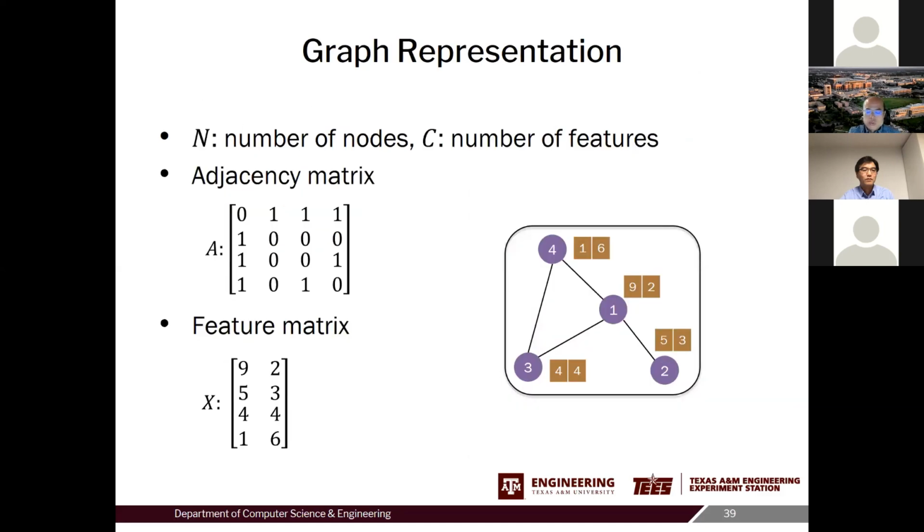So in our work, we try to tackle this problem using two general paradigms. Our work is based on attributed graphs, where you have a graph, and there is graph topology represented by the adjacency matrix here. So this represents how the nodes are connected. We also assume there are attribute vectors associated with each of the nodes. Here, for example, this is a two-dimensional attribute, and if we put all these attributes into a matrix X here, we obtain a feature matrix. Each row here corresponds to one node in the graph.